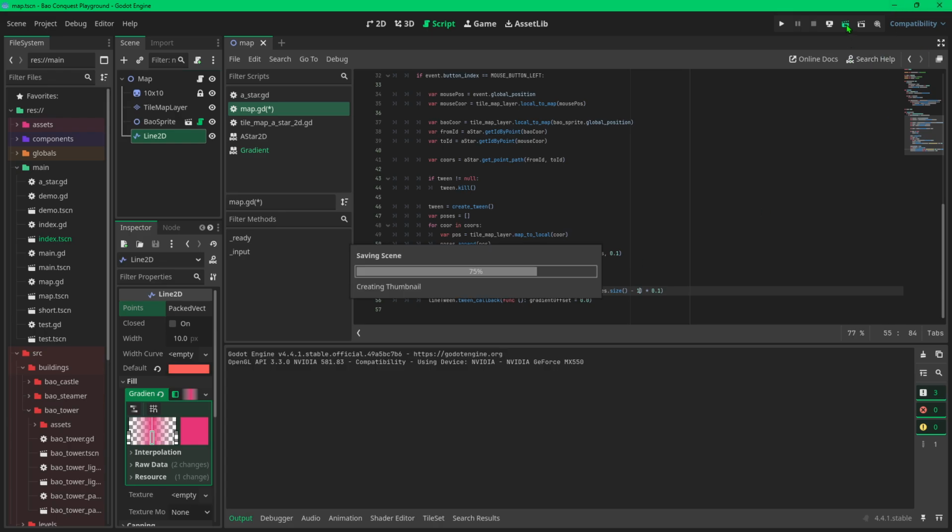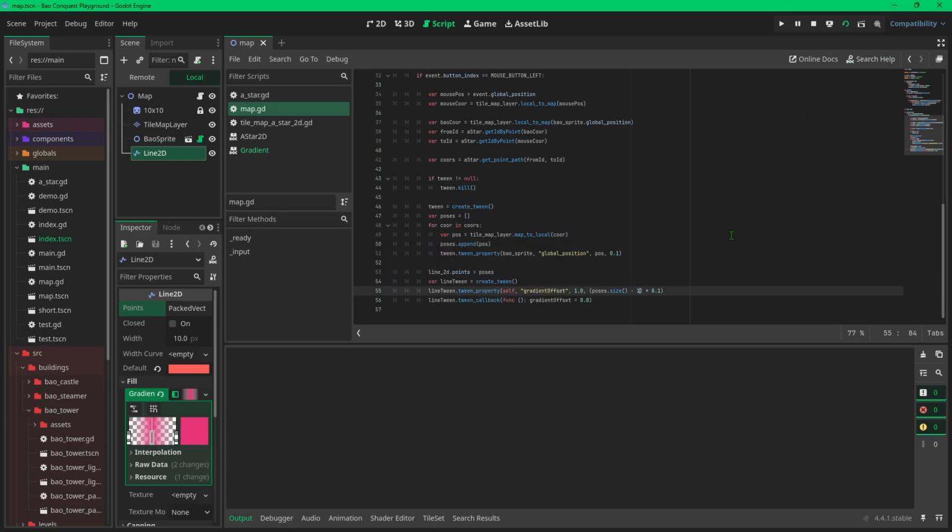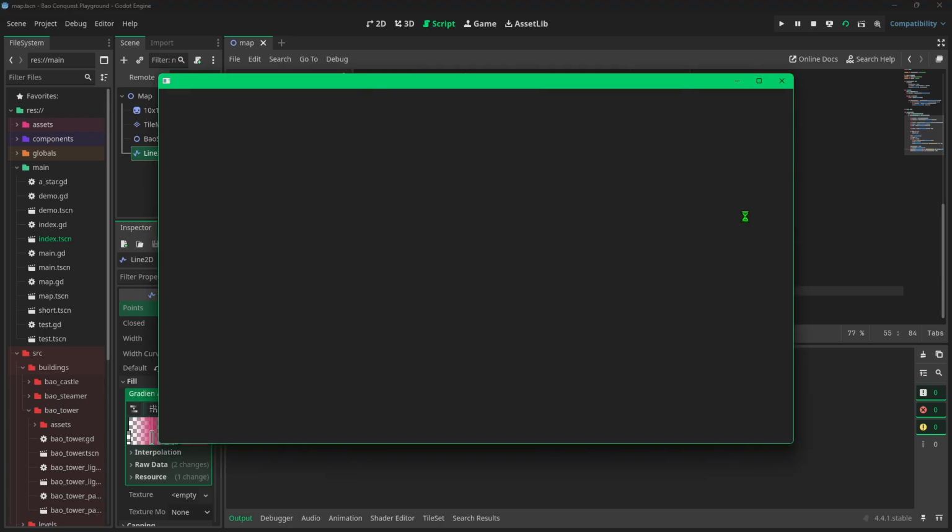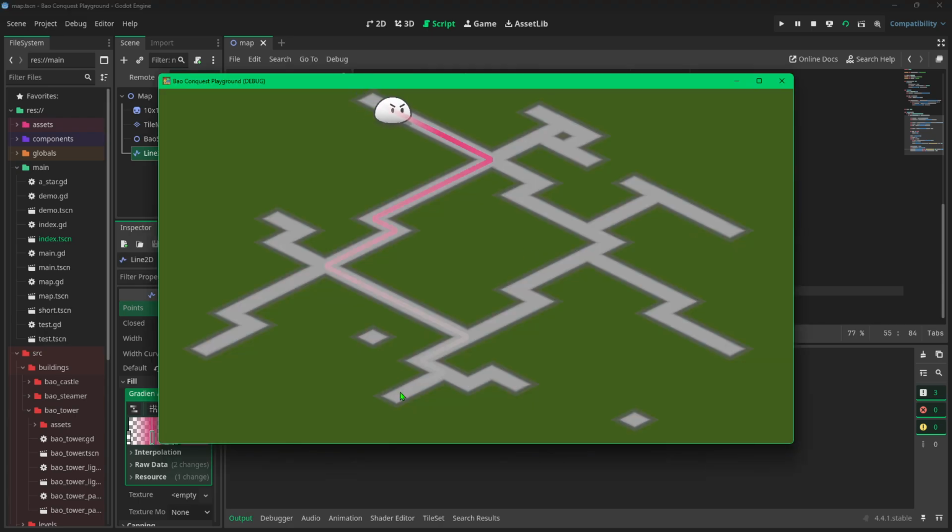So let's see our line gradient again. Does it follow the moving path? From here, the gradient moves slowly, and when the sprite reaches the destination, it resets the offset to 0.